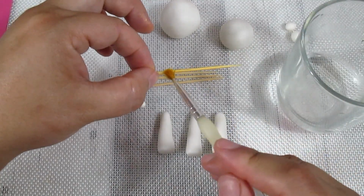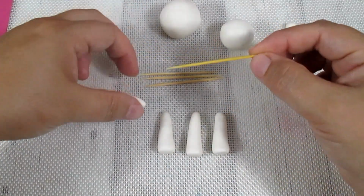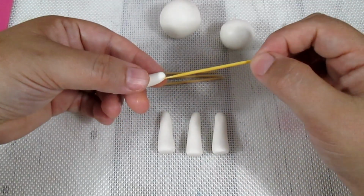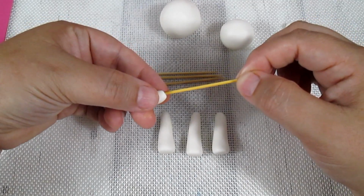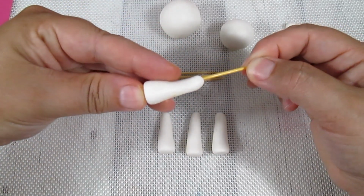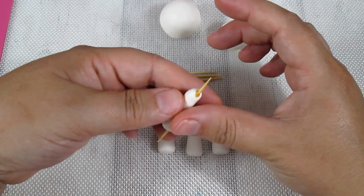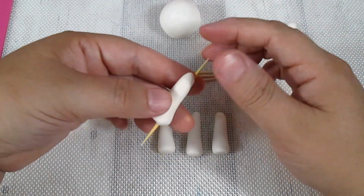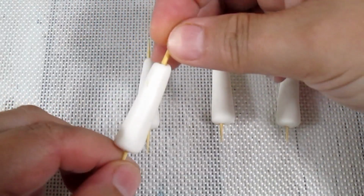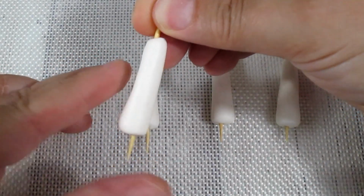Now, as you can see, I've already made 4 little legs, and I'm going to insert inside each one of them a cocktail stick, which I've dampened a little bit with some water because it is easier to stick to the paste. So as you can see, I'm inserting the cocktail stick really gently. I'm rolling it within my fingers so it will help it stick to the paste even more, and it won't fall off. To make it look a little bit more realistic, I'm bending the leg like so,